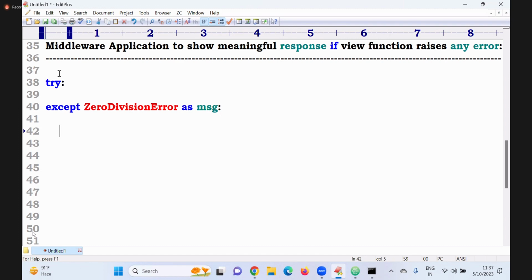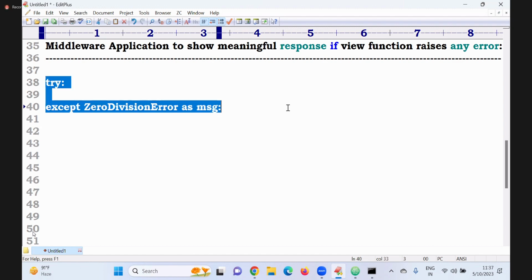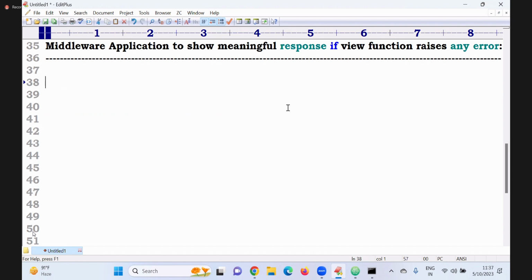After that I want to write a print statement. This message we can print. But in the case of middleware, how to send the messages?